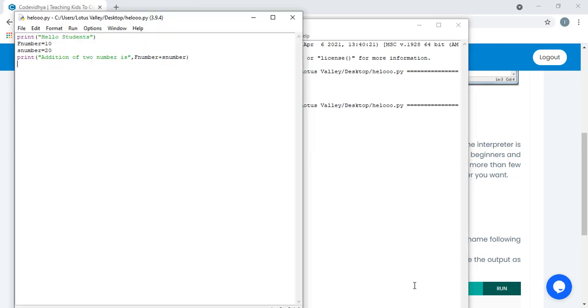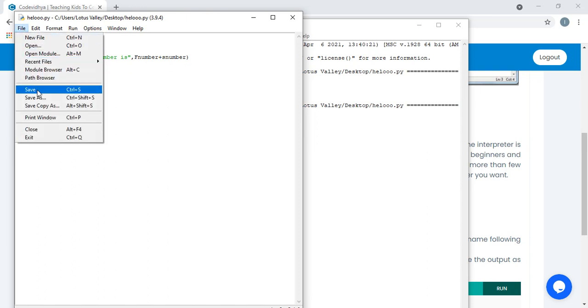If you click on New File, you will get another screen like this, and here you can write your program. After writing your program, just press Ctrl S, or from here you can also save your file. While saving, make sure you have the extension .py.